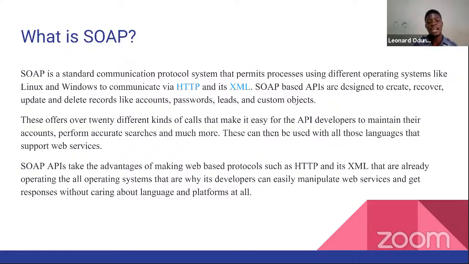SOAP APIs take advantage of web-based protocols such as HTTP and XML that are already operating on most operating systems. That's why developers can easily manipulate web services and get responses without caring about language and platforms at all. Now, the differences between RESTful APIs and SOAP is that, number one, RESTful APIs have no